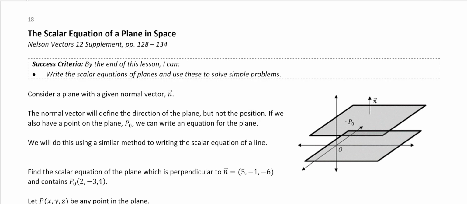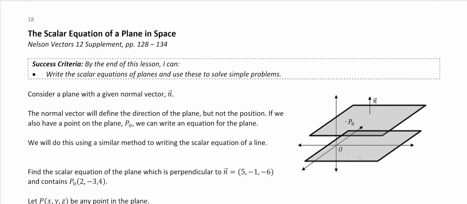In this video, we're going to examine the scalar equation of a plane in space. So consider a plane with a given normal n. So this is our plane, and this is its normal. The normal vector will define the direction of the plane, but not the position. So for example, if you have a normal to this plane, that is also the normal to a parallel plane